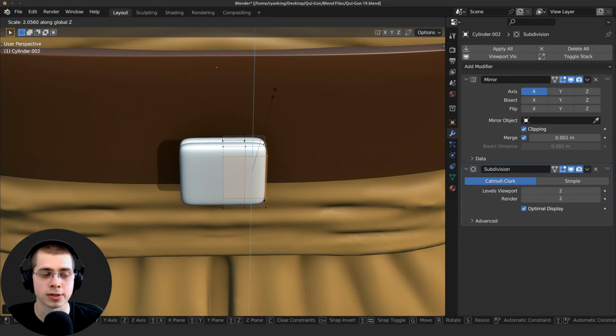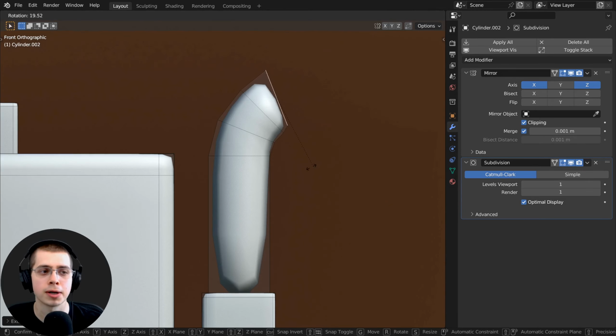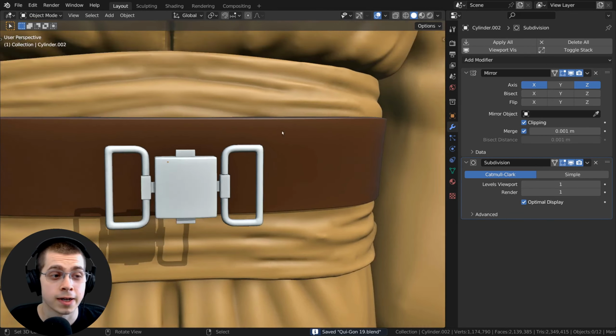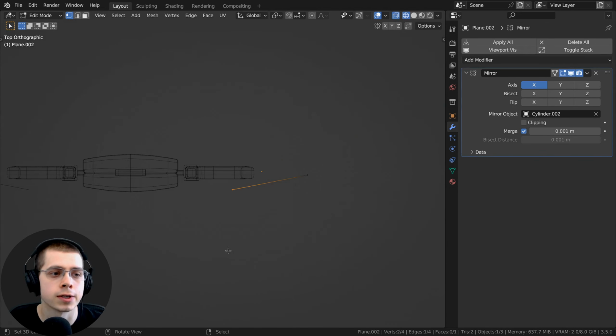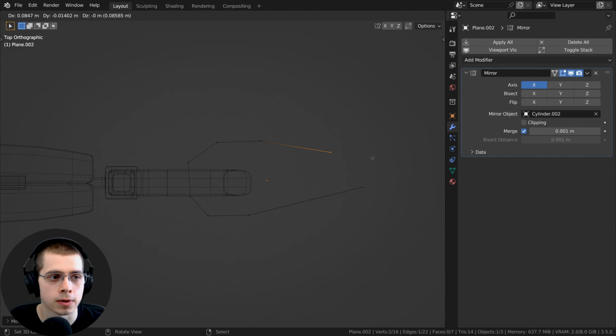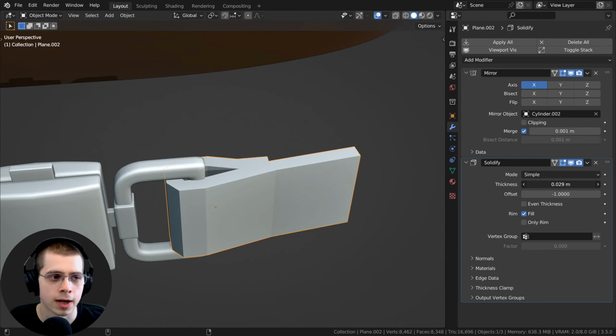details to Qui-Gon's belt. So I modeled the belt buckle, and that was pretty easy to model. I just hand modeled that with a cube, and then I also added another plane and just scaled that plane down, and I added a mirror modifier to it and I started to model the leather belt. And then also gave that a solidify modifier so that it is thicker, and I kind of wrapped it around